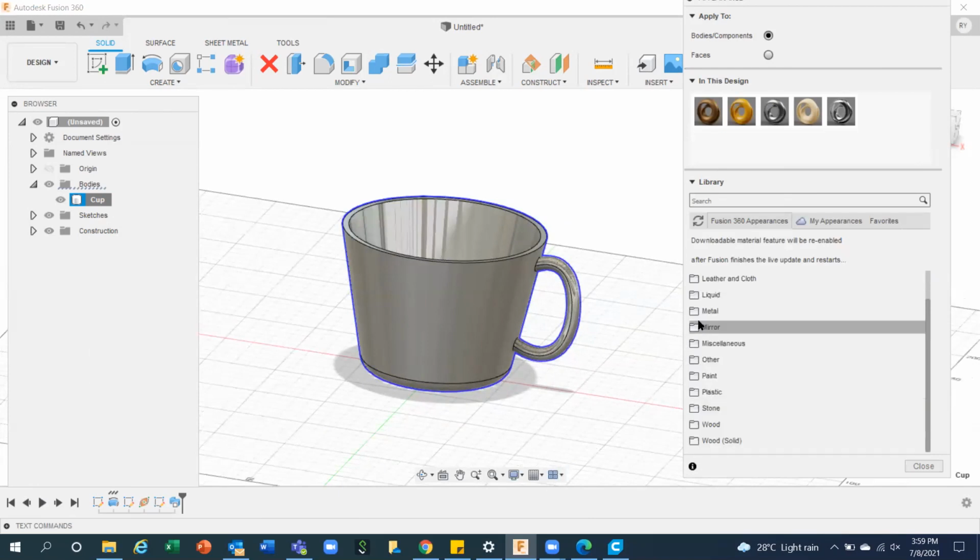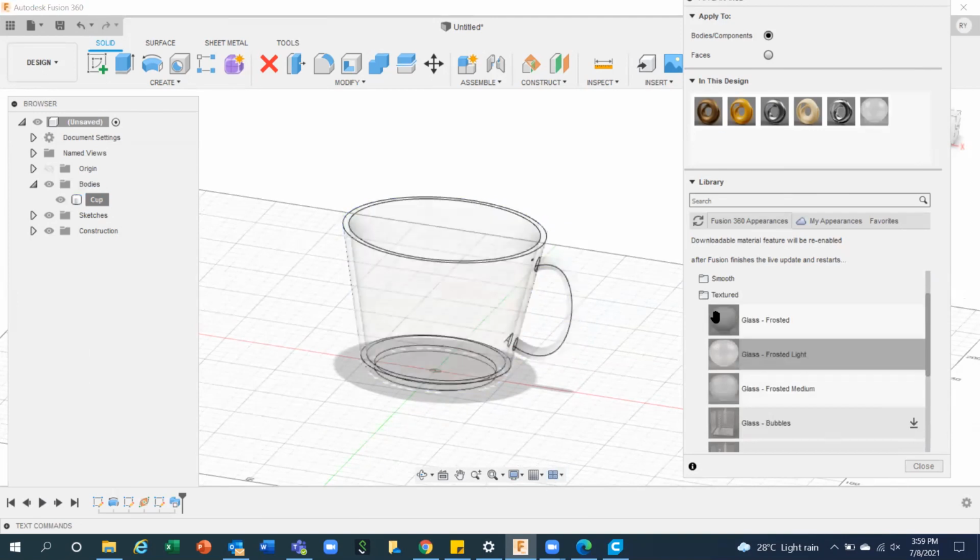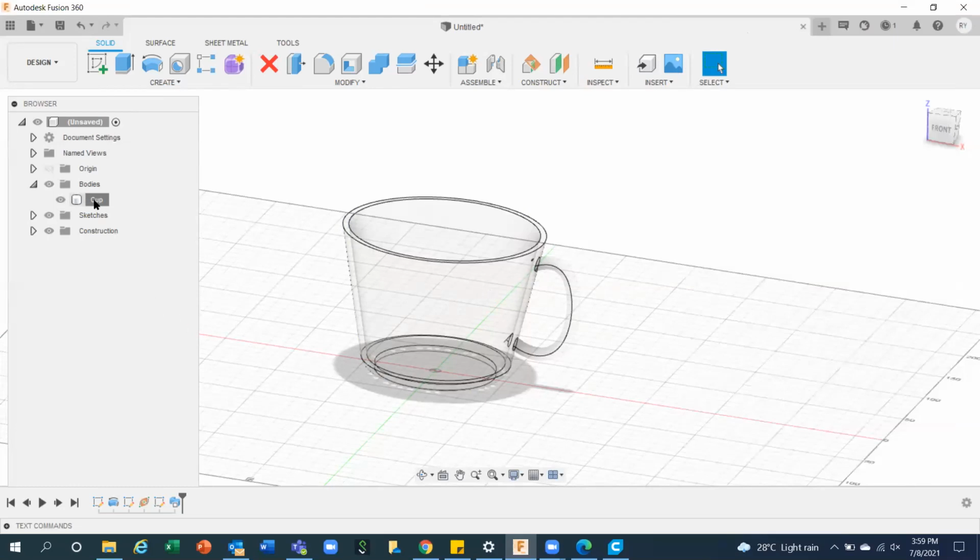You can select the glass also, no issues. Let's say glass. Now you can see the transparency is also there. This is not related to 3D print. But I couldn't save this one.